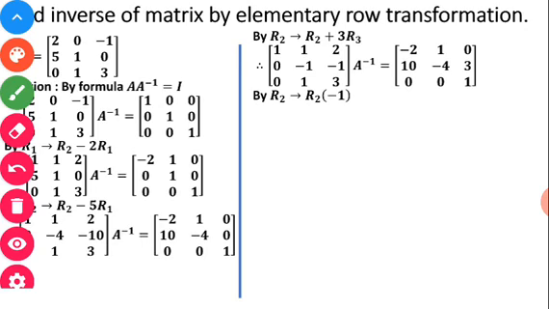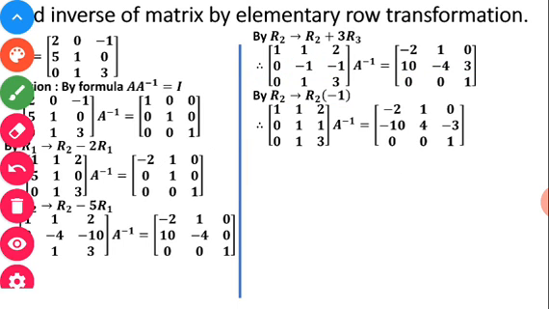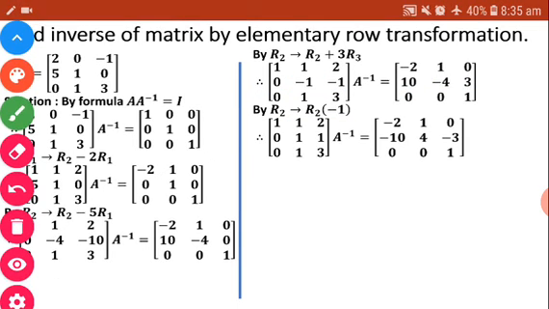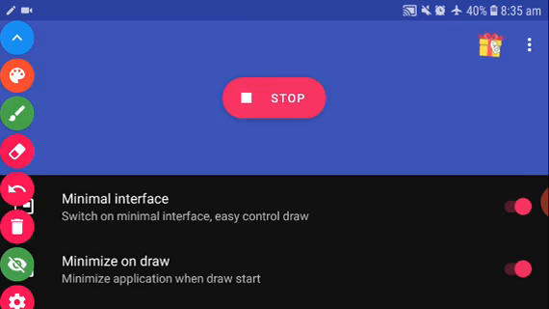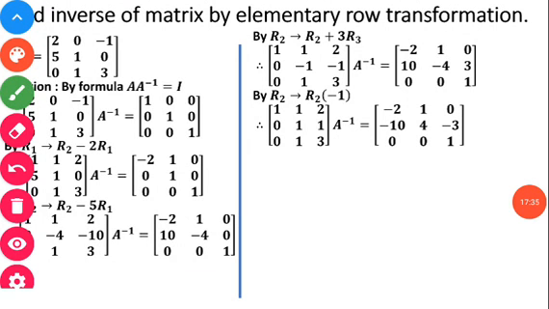Now as I said, I want to make 1, I had to make this a 1, but this has become minus 1. I want to make 1, so that's why what I am doing, I am multiplying by minus 1. When I am multiplying by minus 1, then all the elements of this row on the left hand side as well as on the right hand side are going to get multiplied by minus 1, meaning all the signs are going to change. So let's multiply. If I am multiplying, just see, they are becoming 0 1 1 on the left hand side, here minus 10, 4 and minus 3, the second row.